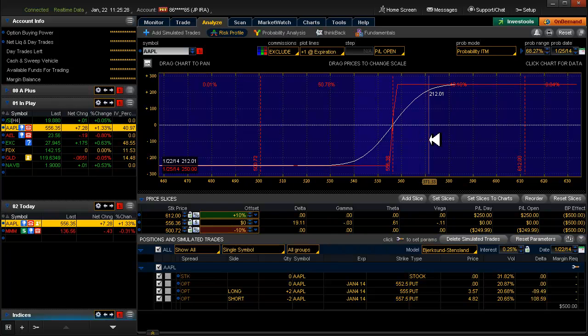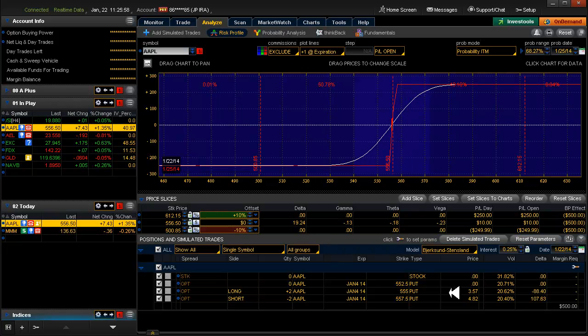So I call it breathing room on my stop, because once it triggers, it puts in a market order, and you're going to get the worst price. So the worst price would be 250, right? I would take the whole loss at 250. So that would be my worst price. And I'm looking for a 75% gain. So as of this moment, and this white line is totally dependent on time,